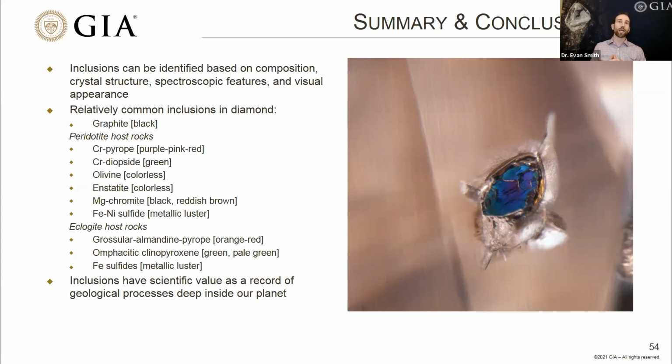So in that respect, there is an advantage to looking at cut and polished gem diamonds, where you have the maximum possible chance of seeing everything that's inside that stone, and you can look at it from multiple different angles. The drawback is that some of the inclusions may have been completely removed, and the resulting diamond could be totally flawless, and you have none of that inclusion information left anymore.